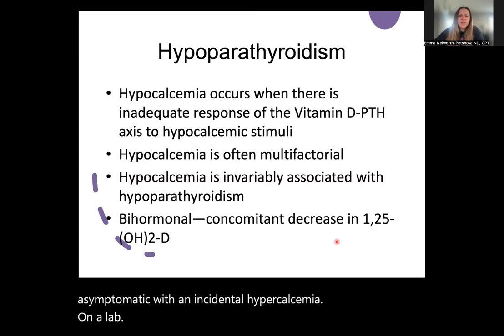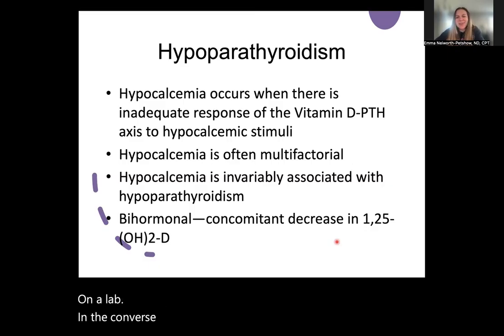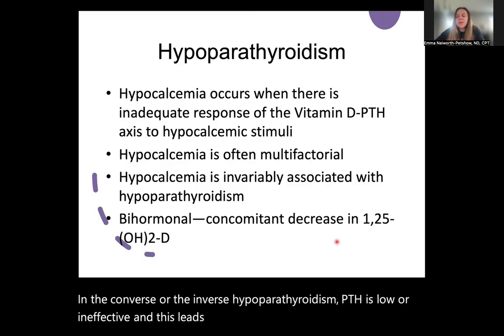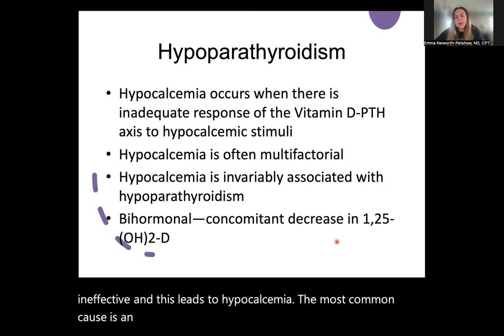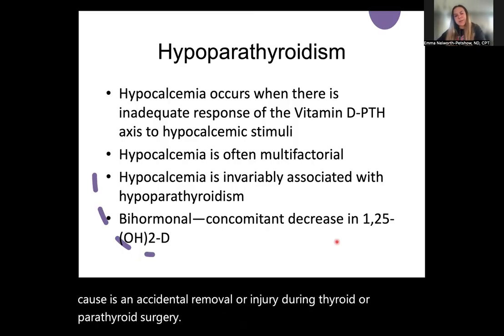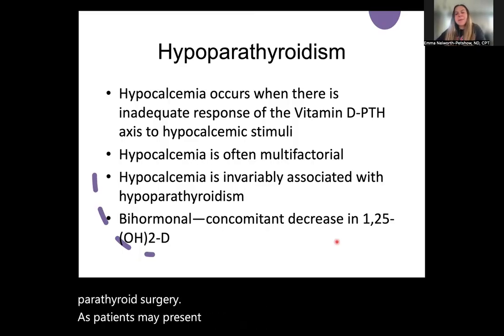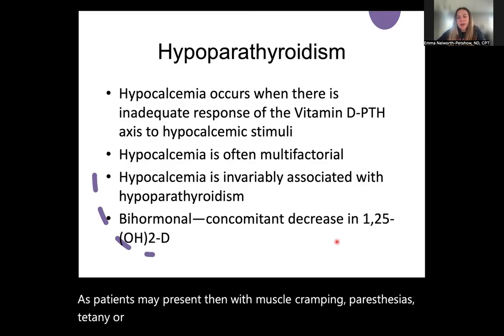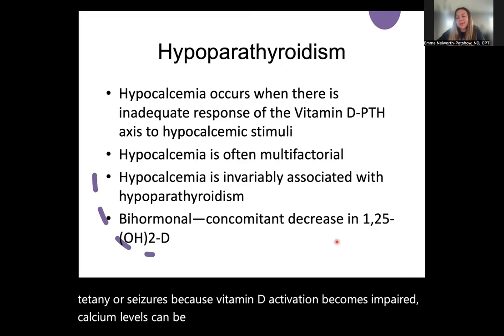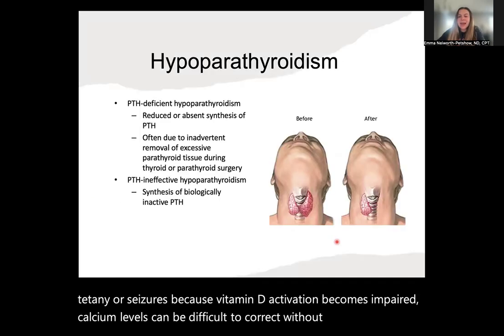In the converse, hypoparathyroidism, PTH is low or ineffective, and this leads to hypocalcemia. The most common cause is accidental removal or injury during thyroid or parathyroid surgery. Patients may then present with muscle cramping, paresthesias, tetany, or seizures. Because vitamin D activation becomes impaired, calcium levels can be difficult to correct without replacing both calcium and active vitamin